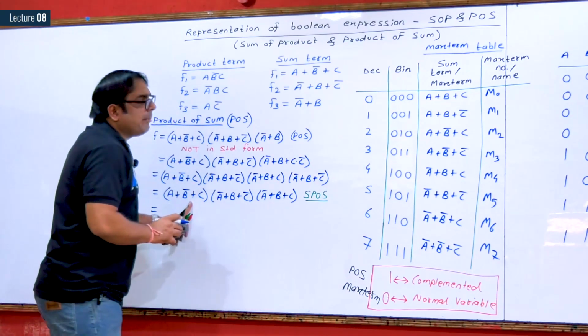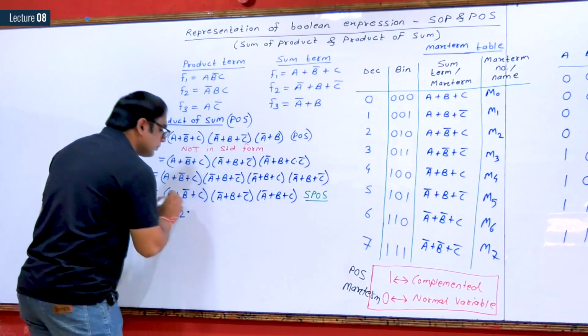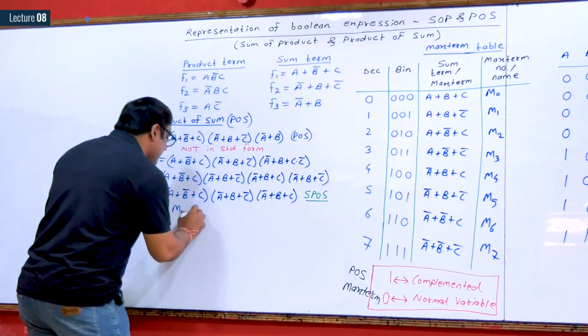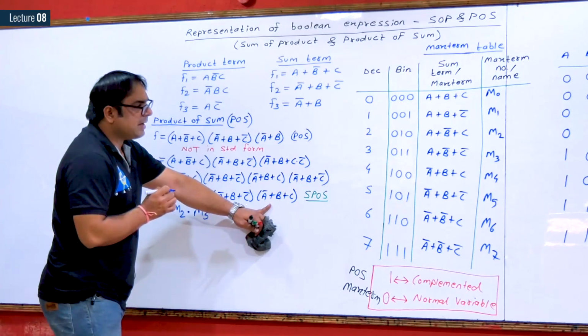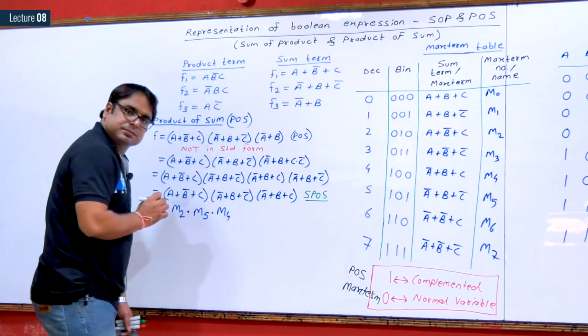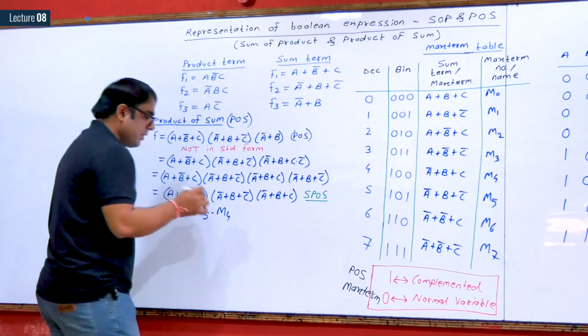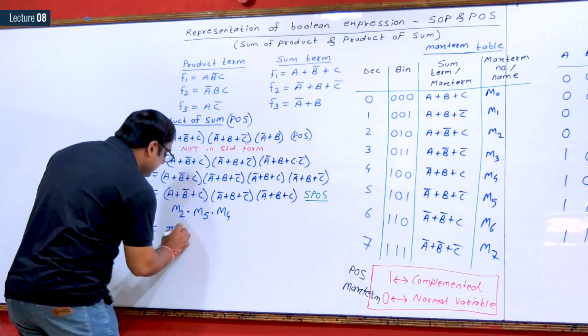A plus B complement plus C, this is max term number 2. Then A complement plus B plus C complement, this is max term number 5. A complement plus B plus C, this is max term number 4. This is in the product form, dot form. So this can be written as pi capital M